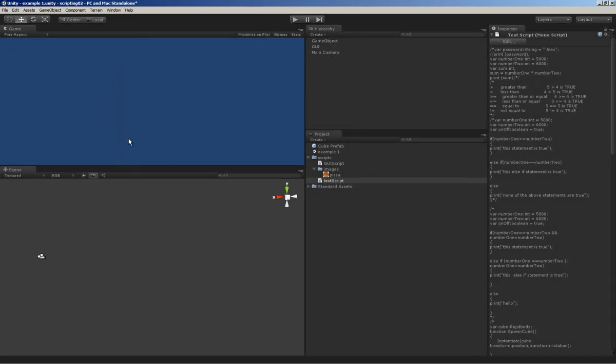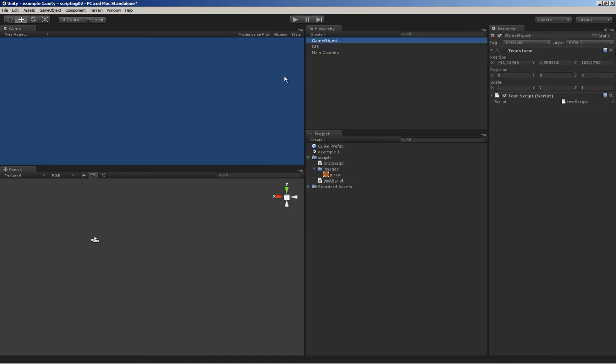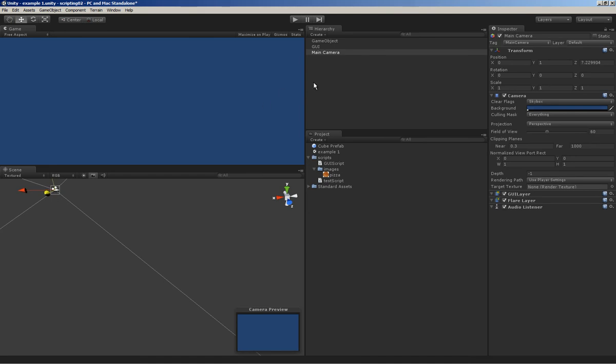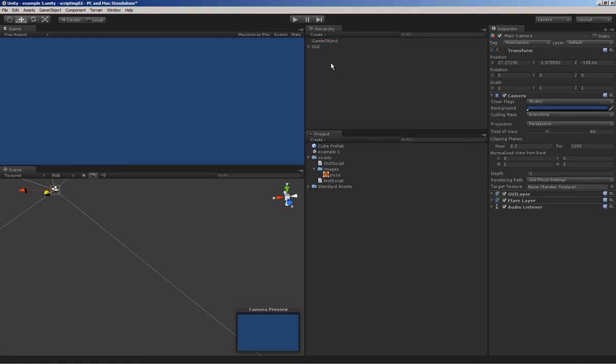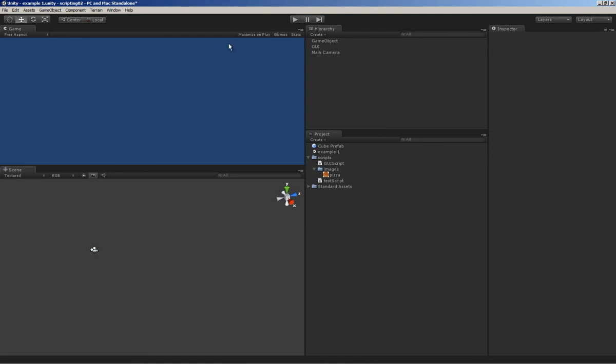If you really want to see the effect, let's find our GUI game object. Let's hit F to focus. He's right here. And here's a trick. If you want your main camera to be in the same location, you can drag your main camera and drop it on the GUI. And then if you left click and reset position, it'll be set right on top of your GUI. So now if we move this back, and we detach it,